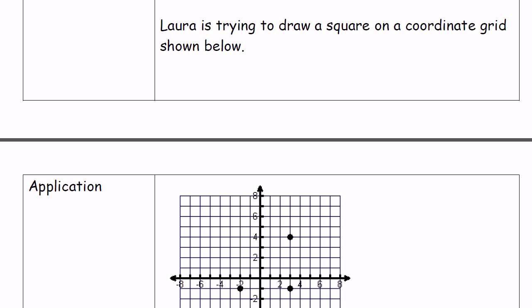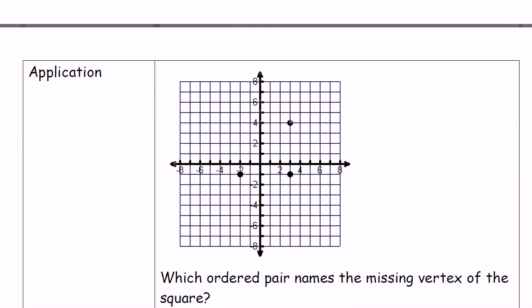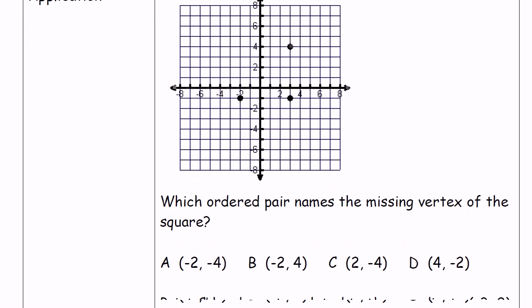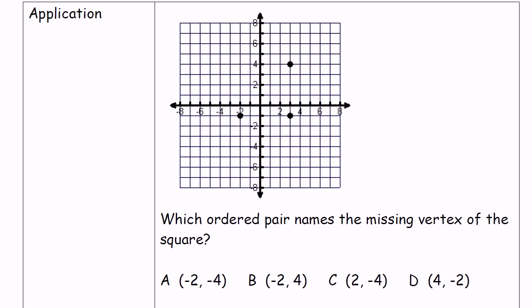Okay, now let's figure out this application problem. Laura is trying to draw a square on a coordinate grid shown below. So here's the coordinate grid right there. Which ordered pair names the missing vertex of the square? Kind of like the one we already saw before. Looking for a square,